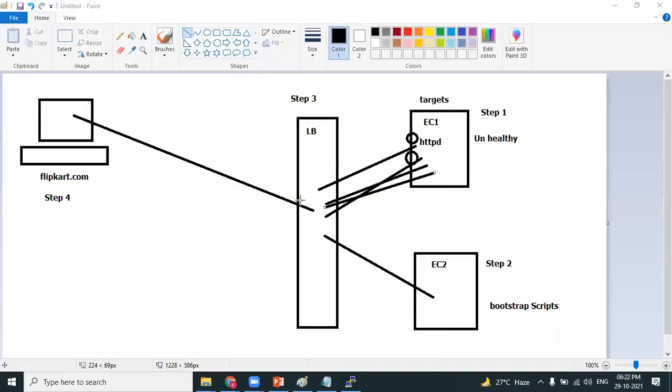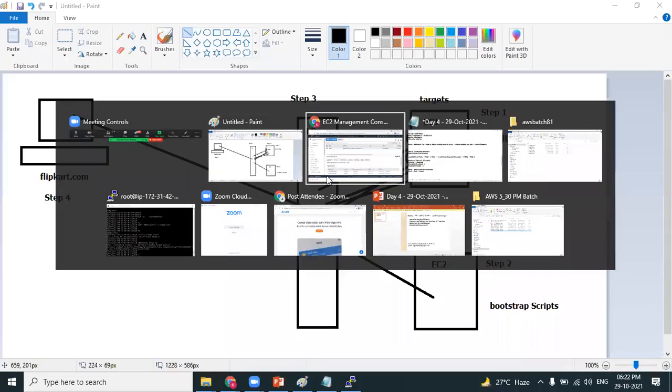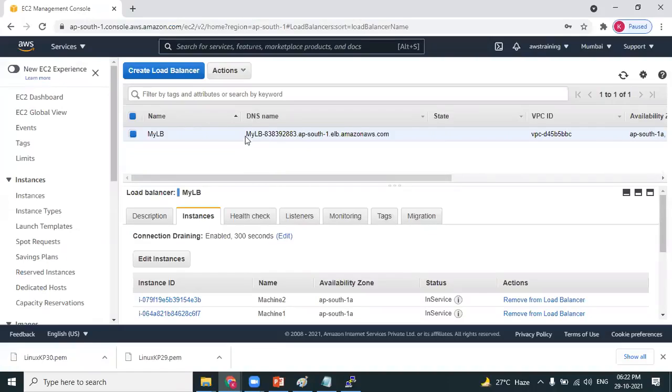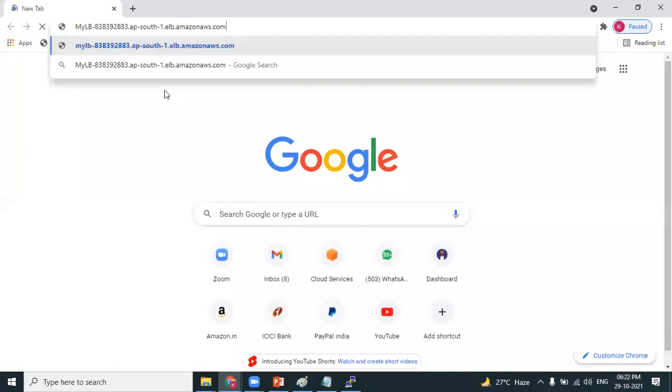Now the next thing: in step 1 we created an EC2 machine. Step 2, we created one more EC2 machine. Step 3, we created a load balancer. We have attached the EC2 machines. Now let's experience the load balancer. How do we experience the load balancer? Look, pick up the load balancer DNS name, Bala. I'm not accessing the EC2 machine IP address. I'm directly accessing the load balancer component. What does the load balancer do? It will distribute the traffic to the EC2 machines.